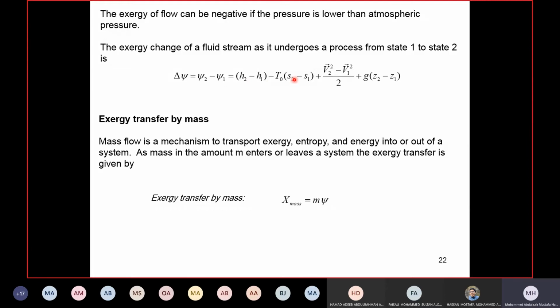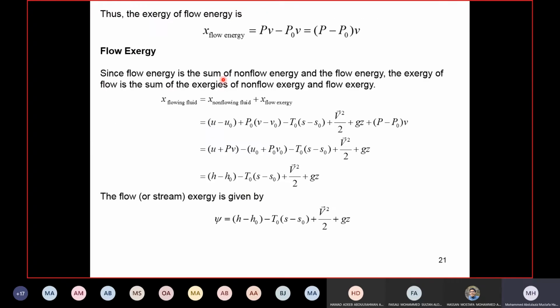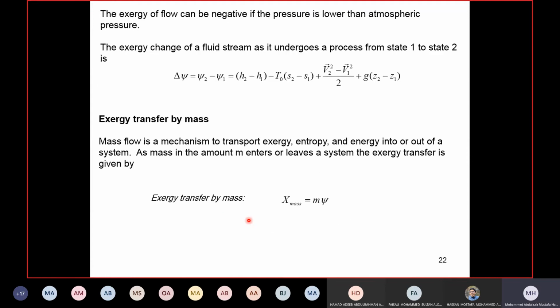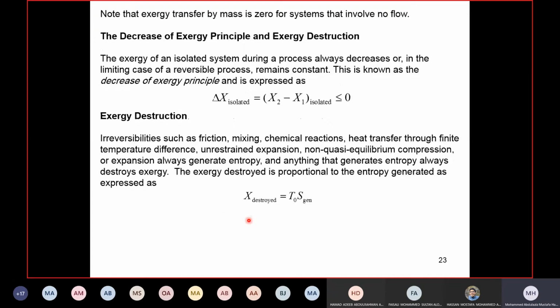Okay, so far what I want to concentrate on is the value: how do you calculate exergy, and how to calculate the exergy difference for either a flow or a system. There is no memorization, only we want to understand this and how to apply it, and we'll have examples. All right, and of course the destruction,